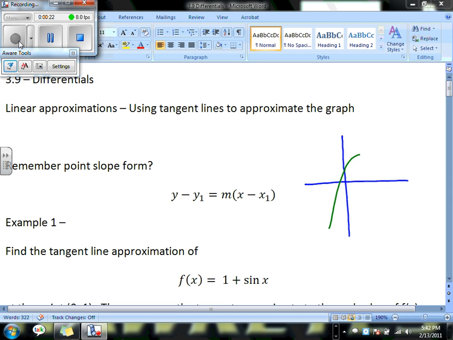So if I were to draw some graph like this, and I wanted to know what the value for y was at x equals 1, what we could do is find the equation of the tangent line, and plug it in right here. What a linear approximation is saying is that as we plug x values into our tangent equation, and those x values get closer and closer to our actual x that we want, on either side,